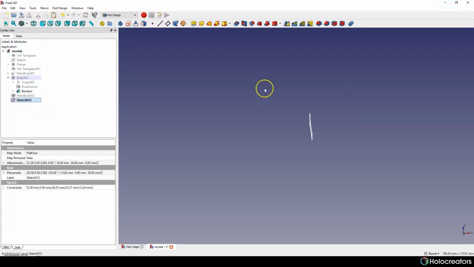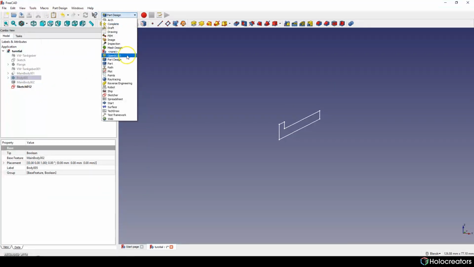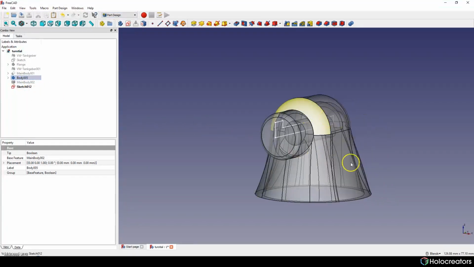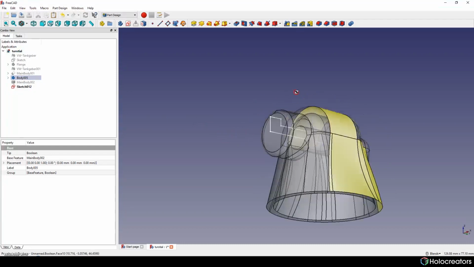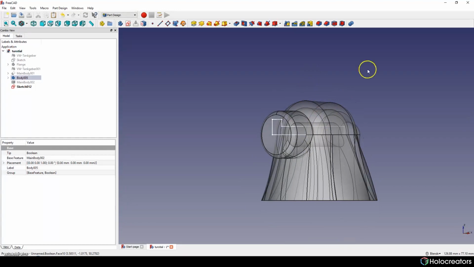Right. The next operation is we're gonna just rotate it, and then we will subtract our new shape from this body.